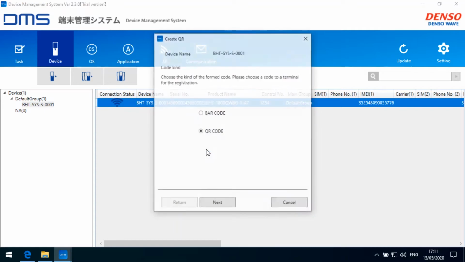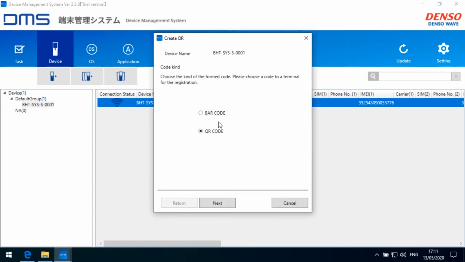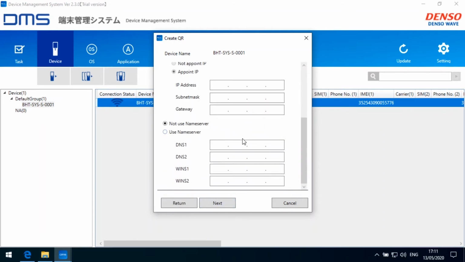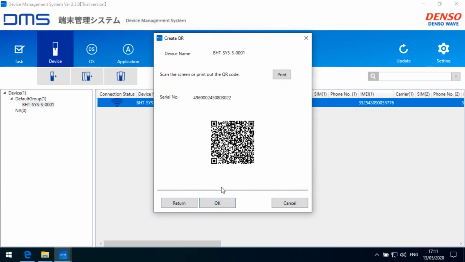Create code. Again, if we want to create the QR code or the barcode to reinitialize the device or to reconfigure the device, we can do this here. Let's say we create a QR code, we can select the settings as we have seen in the last episode. I can select everything here and then I get the code for this device. And then I can reprint this code or redistribute this code and use it if I want to reinitialize the device or reconfigure the device on